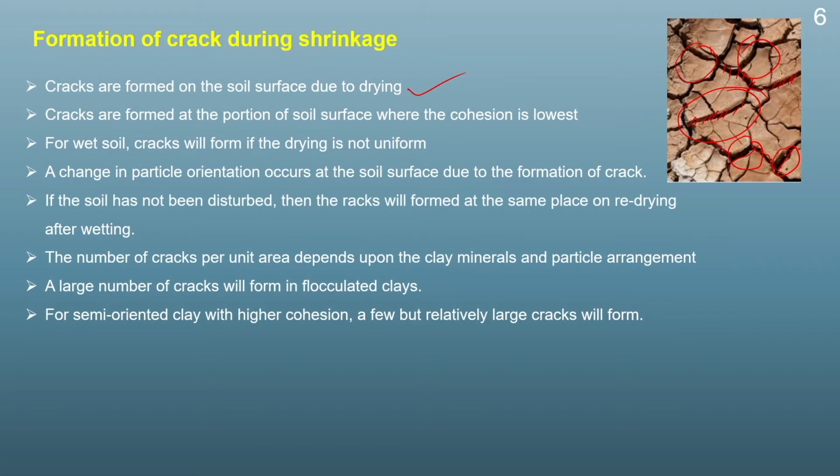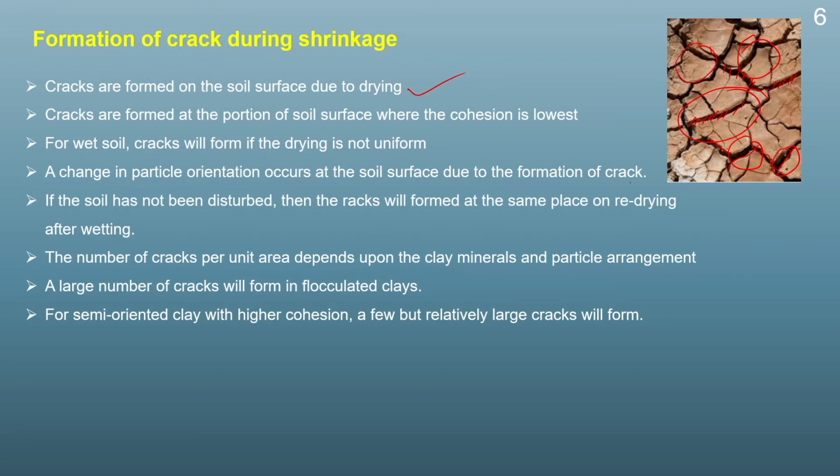And not only for the dry soil, for some wet soil also there will be some cracking. If the drying is not uniform, then even for the wet soil there will be some cracks, and due to this cracking a change in the particle orientation occurs due to the formation of the crack. And if the soil has not been disturbed or remolded, and then if we re-wet the sample and then again re-dry the sample, then the cracks will appear at the same point